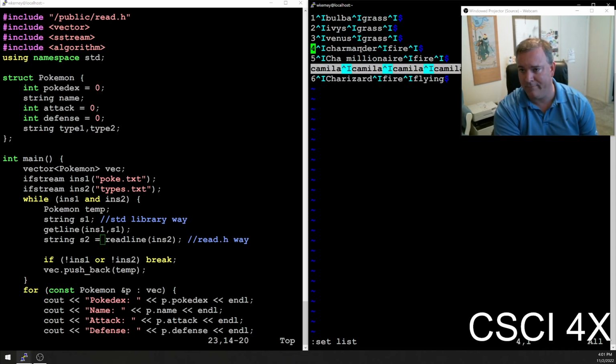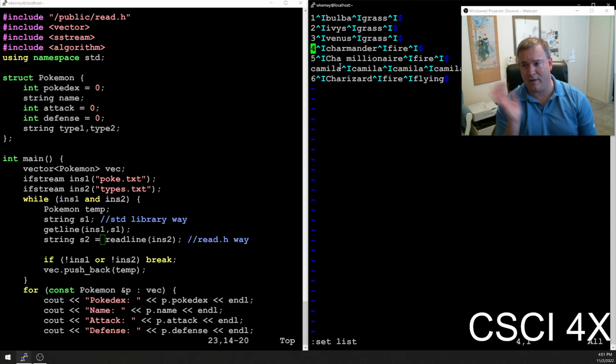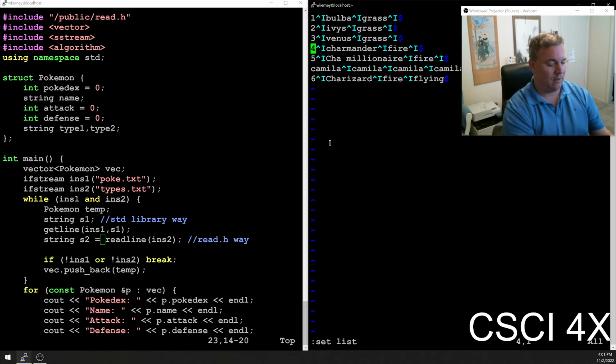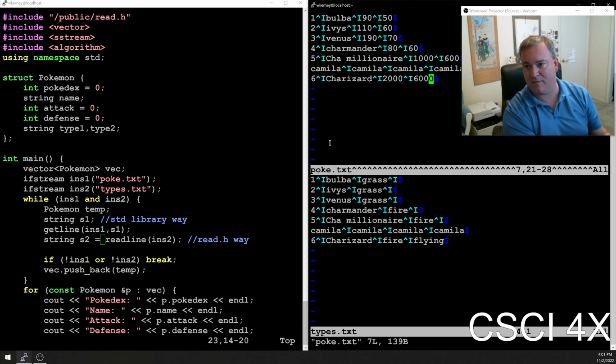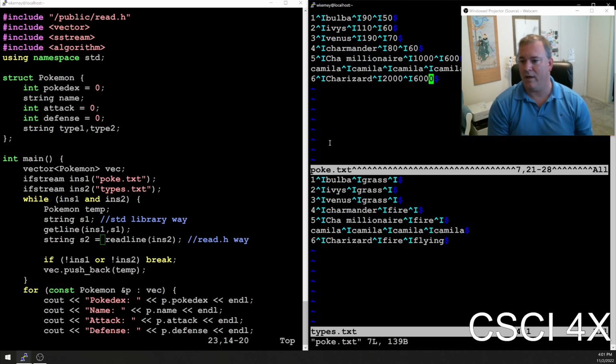Camilla, that is going to have to be discarded because that is not a valid Pokemon. The data is not good. The first thing has to be an integer, for example, and it's not. And I'm going to do a little split here, and I'm going to split it with poke.txt, and there we go. So we've got poke.txt up top here, and we got